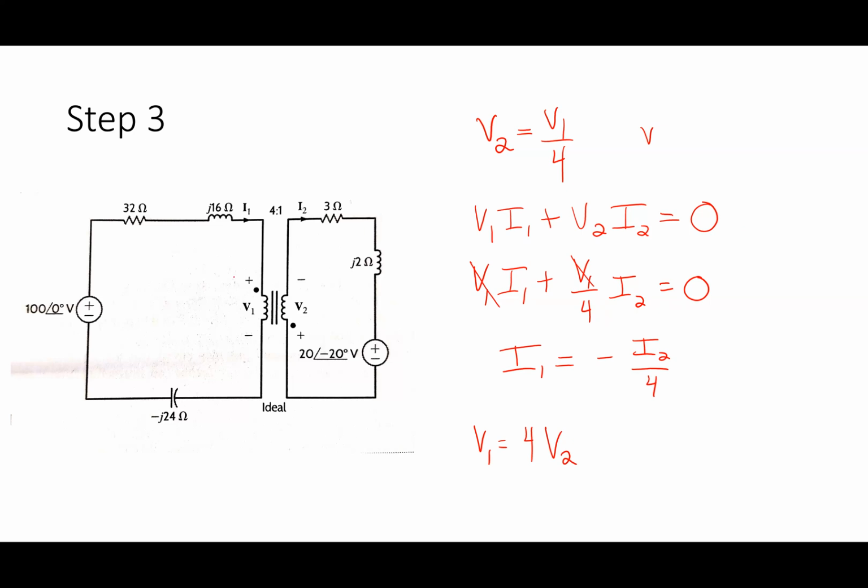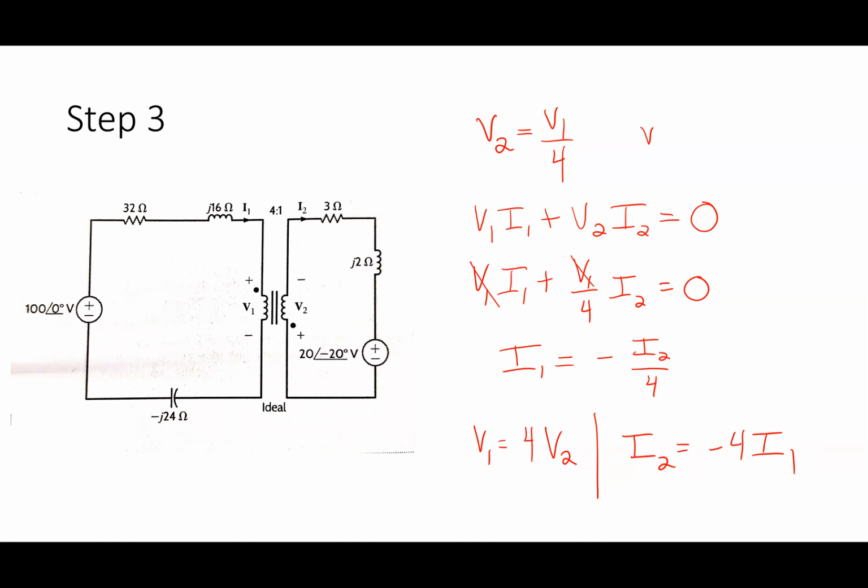The reason I like to do this is you look in the textbook, sometimes they'll give you like 8 different versions of these relationships. I just think of it in terms of, if I write my powers this way, power 1 plus power 2 equals 0, and that I look very carefully, is the current going into the dot or out of the dot. We've got more examples that we'll do Monday where they're weirder, where it's out of the dot and stuff like that. So I have V1 equals 4 V2, and I have I2 equals negative 4 I1. Those are my 2 relationships in this case. All right, so what should I do next?